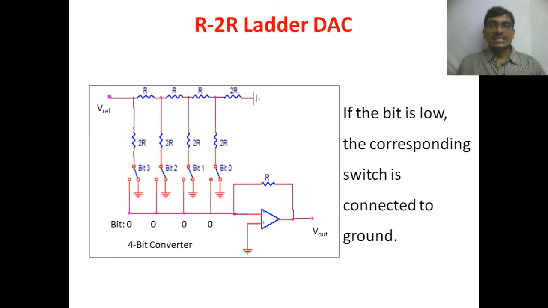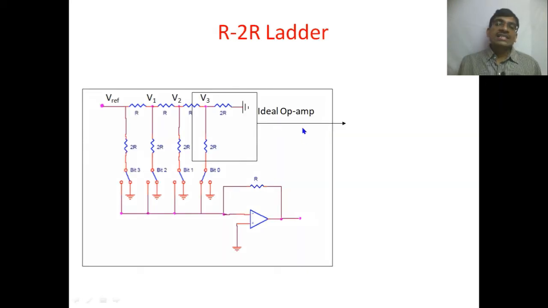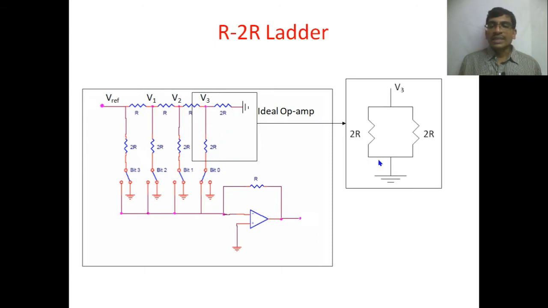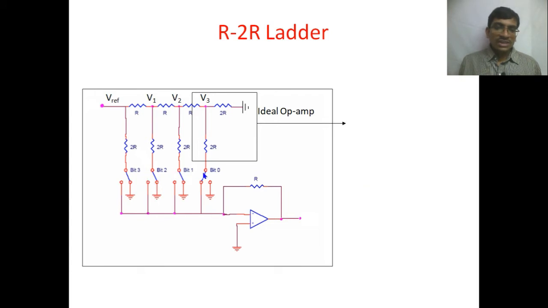We can easily understand. So let us understand the circuit from this end. If you observe here, these R and 2R resistances are in parallel combination. Also, one more thing: even though the bit is connected to the inverting terminal of our op amp, the inverting terminal is nothing but a virtual ground. We can call it a virtual ground because it is operating in the inverting configuration, and one of the inputs is given to the ground terminal.